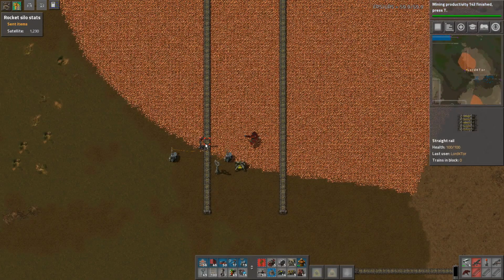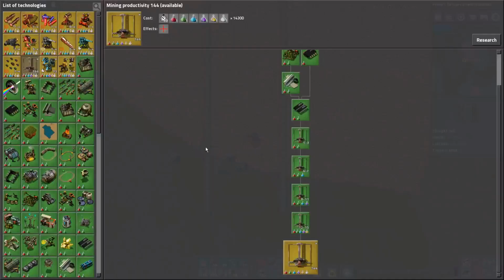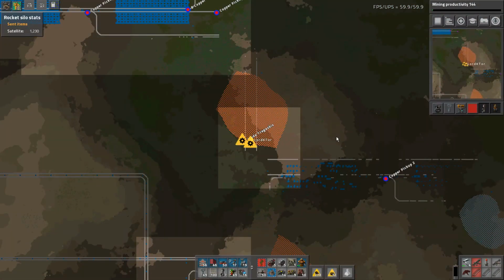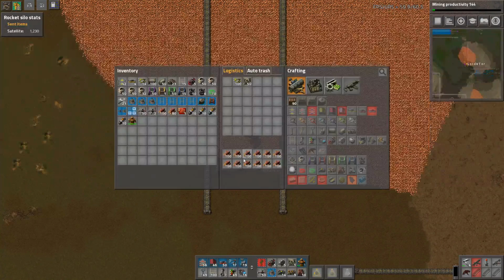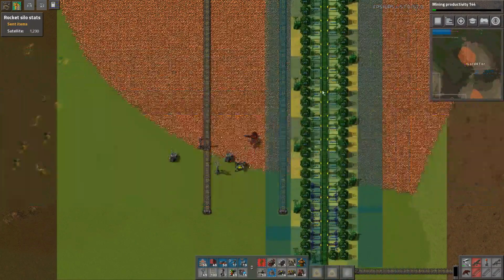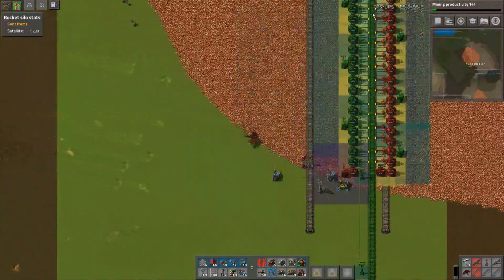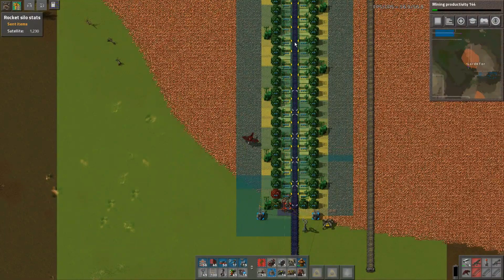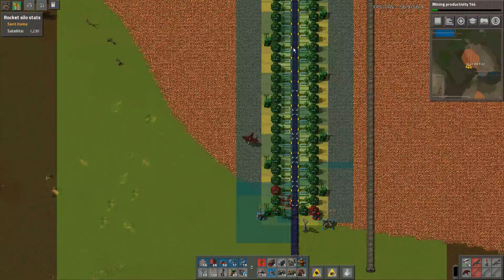Mining productivity 143 finished. Press T. Start 144. So we actually want the double pattern. That should work, actually. Yeah, if we set up on the basis of that,